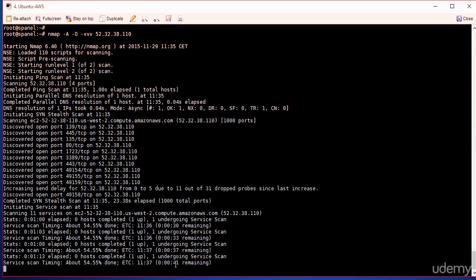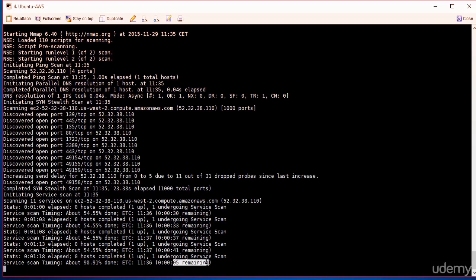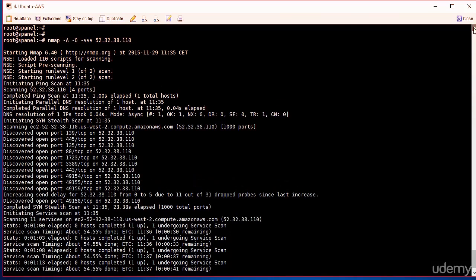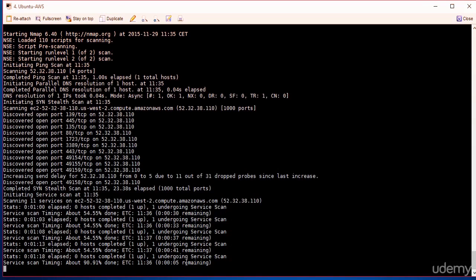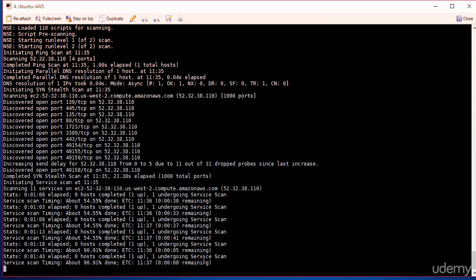And as that is running, let's talk about some of the other ports. If you look at some of the ports in that list, we've got 139, 445. If you didn't use the -vv command, you wouldn't get all this detailed information. So using the -vv command will give you much more detail than previously recorded. So let's just make sure this finishes shortly. It shouldn't be too long,